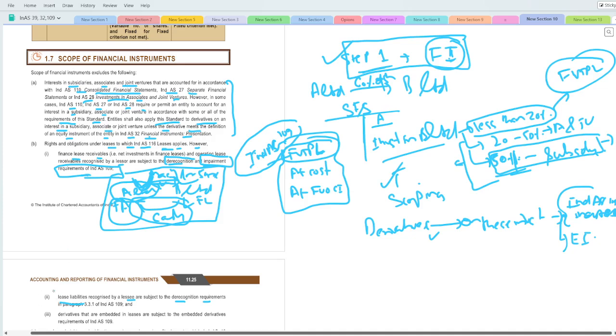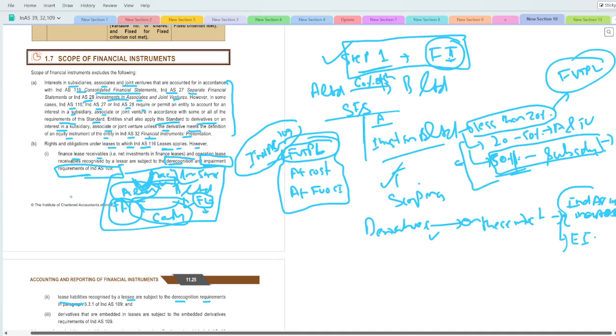So lease liability is also scoping out from this financial instrument, because this is a financial liability. Here your financial instrument is being scoped out, because it is getting covered under a particular accounting standard. First thing, again, this is my understanding: first it should be a financial instrument, and only then will the scoping out step come, correct? That is the main thing here.